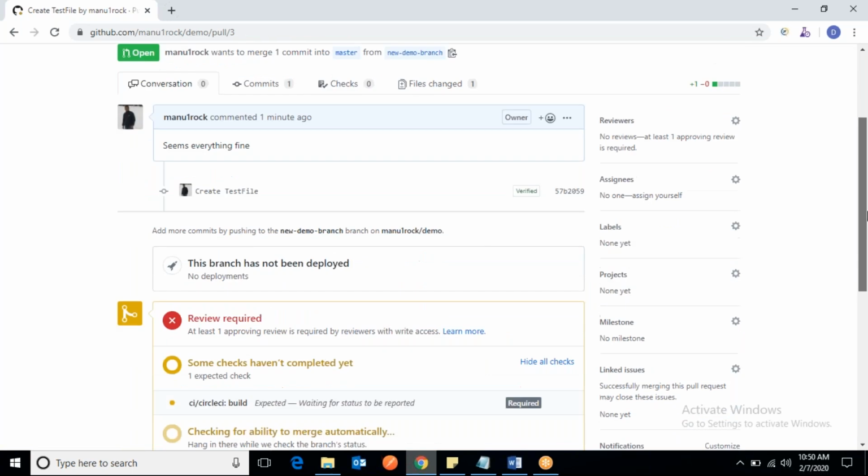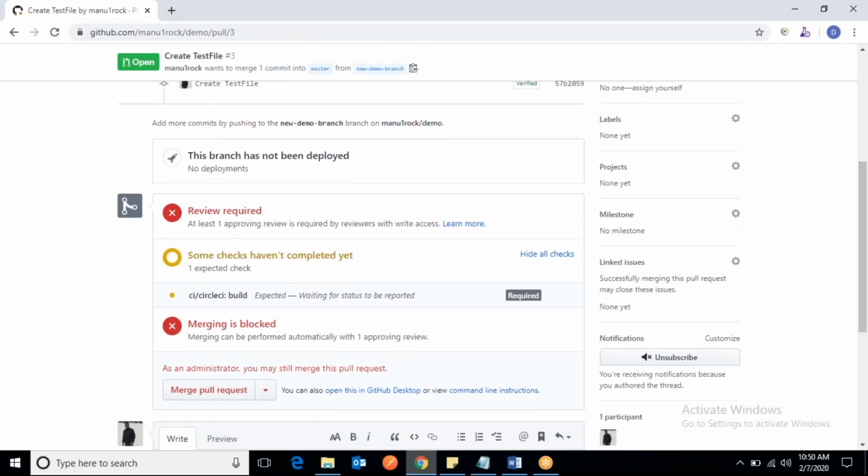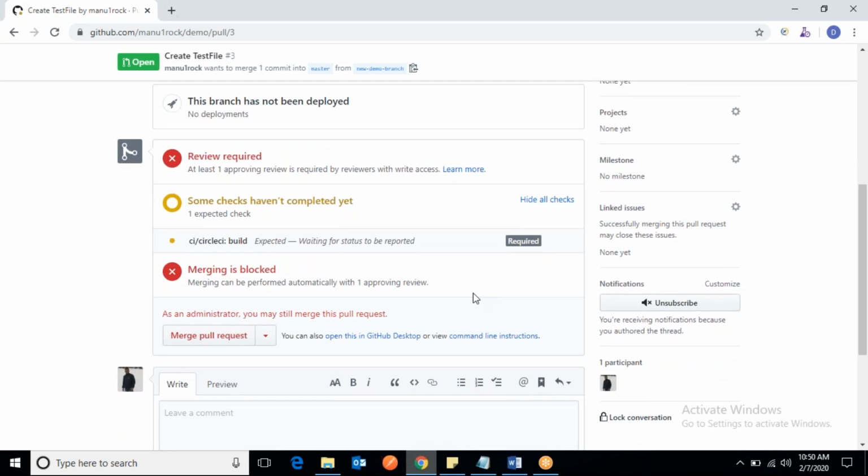Now see, I have put some restrictions here, that's why it is showing this way. Because I am the administrator of this repository, I can go and click merge pull request. This merging is blocked for other users because I have put some restrictions that I didn't explain to you, because we directly came here.